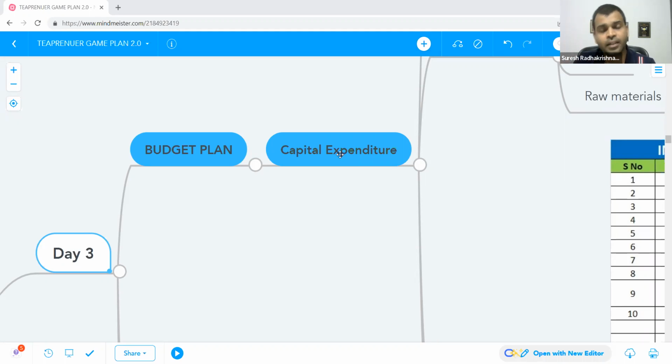Break even meaning you will end up paying all the expenses and not be in loss. So you should go beyond break even. That will take 3 to 6 months. It's a very general scenario.